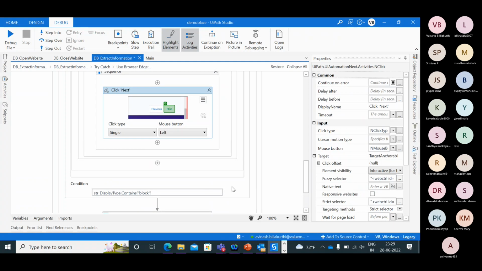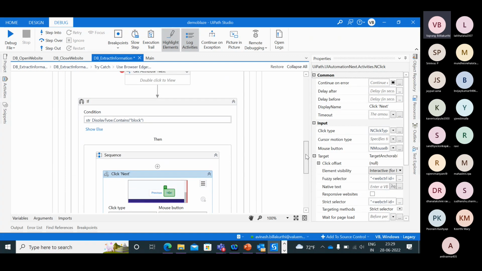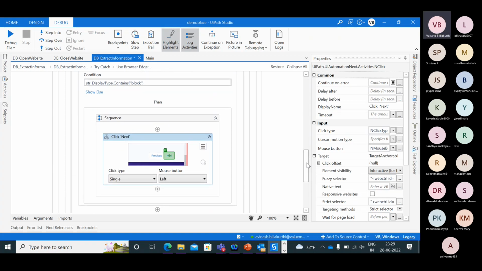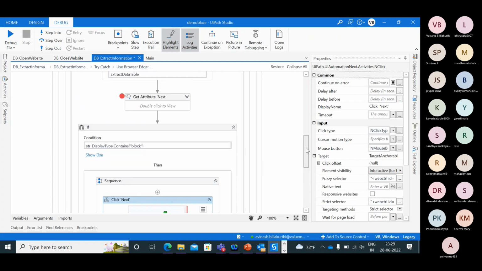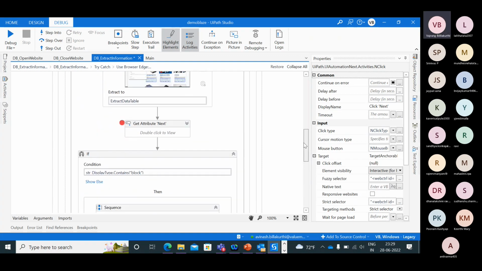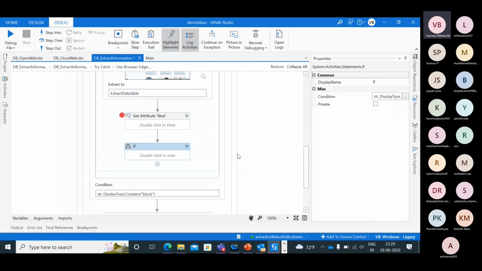Now, after it clicks on this particular button or before it clicks, how can I add the items? So can I do one thing here? I already know what is the structure of this file, right?